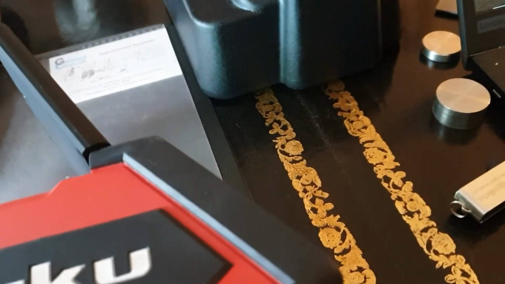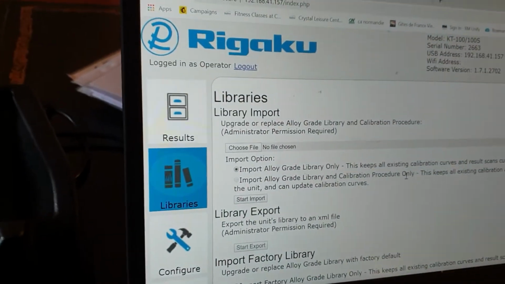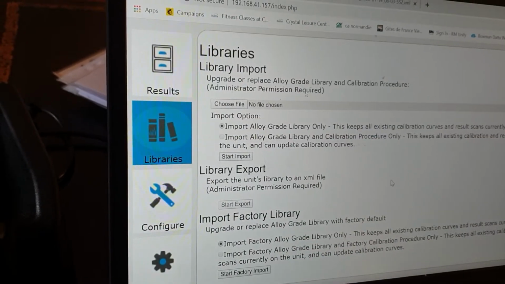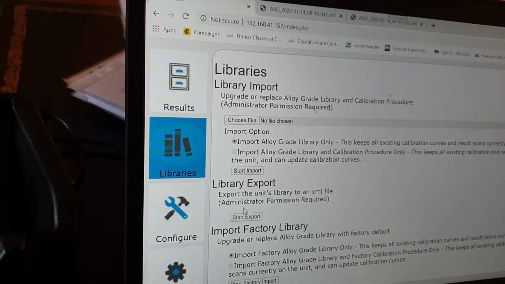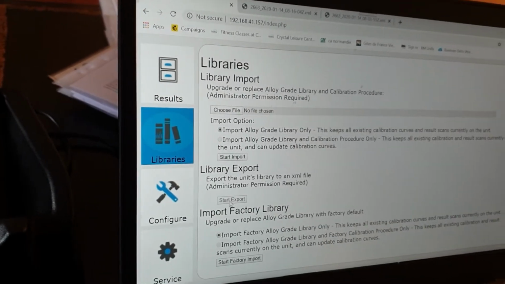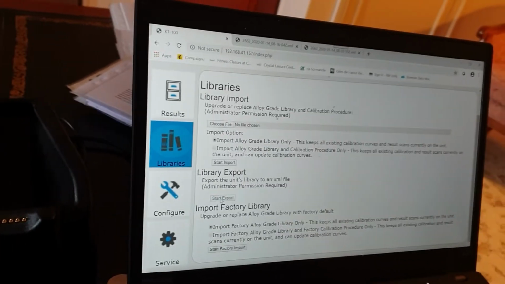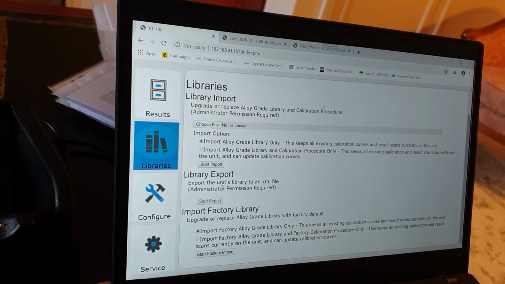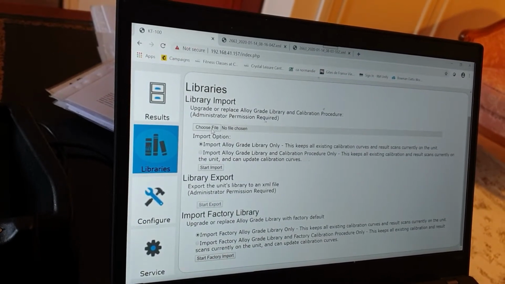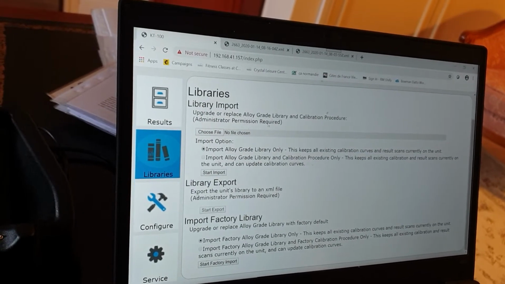So what happens is, here I've got something called libraries. The library is again in the gun. So I'm going to ask the system to export the library. A second, choose file. No. Sorry, just